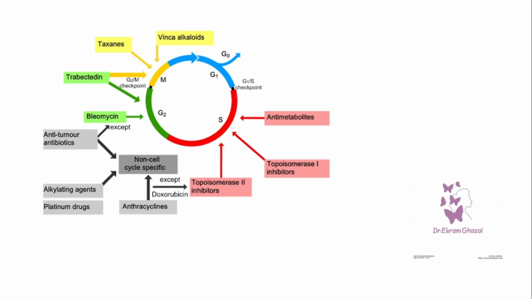As we explained in the previous video, G0 is the resting phase, no growth, the cell is not replicating. G1 is the preparation for growth. S phase is the DNA synthesis. G2 is another phase for cell growth. And finally, M phase is for mitosis. There are two checkpoints: one between G1 and S phase and another between G2 and M phase, which we will discuss